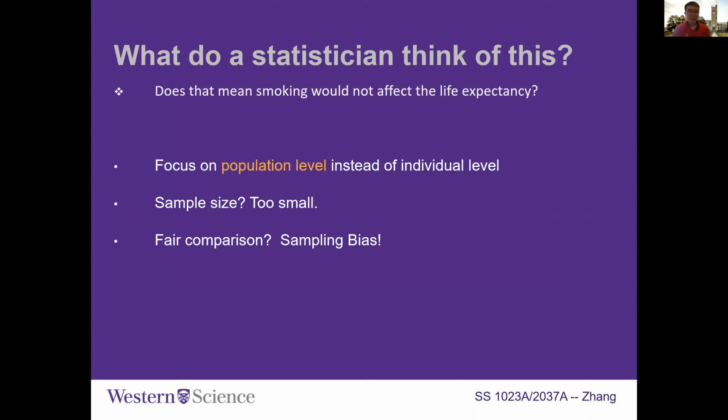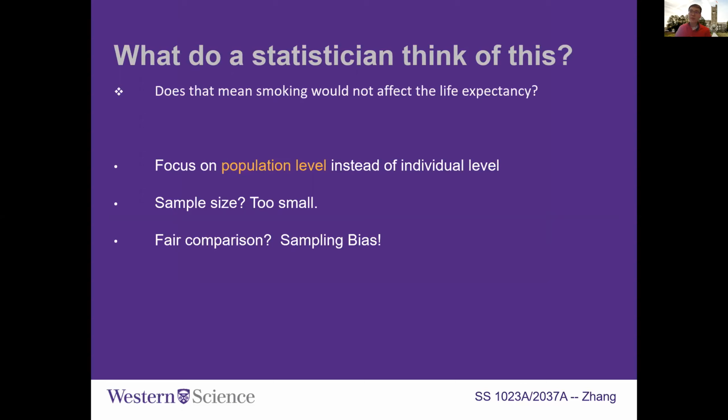And like some other student mentioned, there could be other factors that are also influencing the results. For example, in our example, we just chose two people from the royal family. Like someone already mentioned, there could be a genetic information issue, and there could also be some healthcare problem. So in that case, is the comparison itself fair?